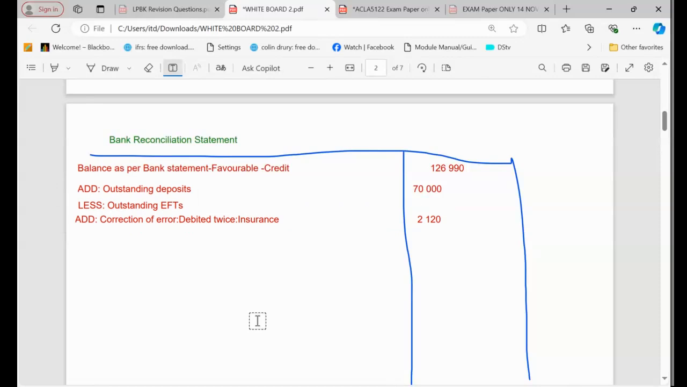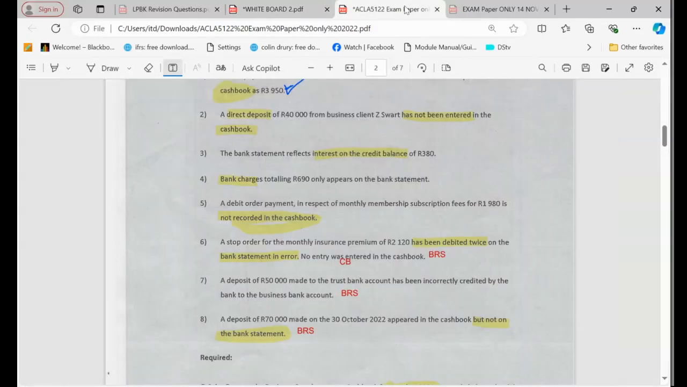Yes. Okay. Not bad, not bad. Okay. The other error was the error